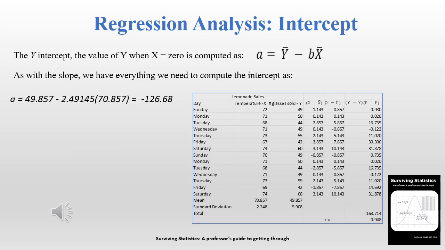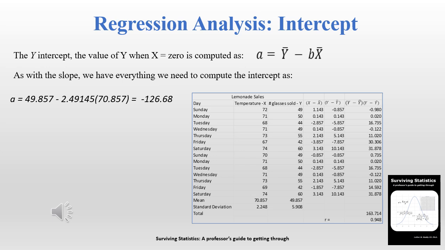Now we're ready to create the y-intercept. Remember from your line theory that the intercept is the value when x is 0. We have everything we need to compute that. The intercept is simply the y mean minus the slope times the x mean. The values we have are 49.857 for the y mean, the number of glasses sold, and the slope we computed a minute ago of 2.49145 times the mean for x of 70.857. We end up with a negative intercept of